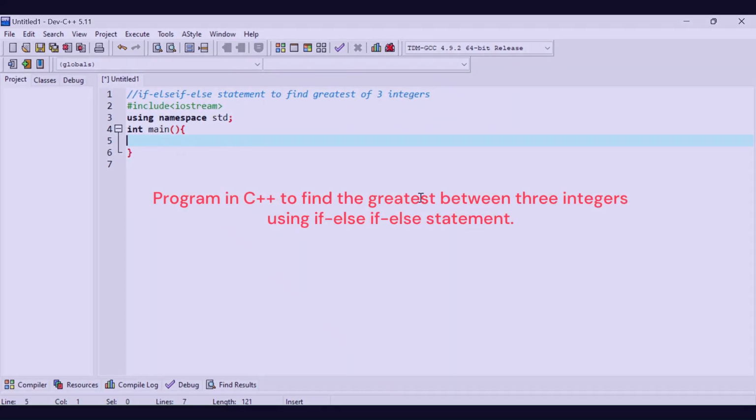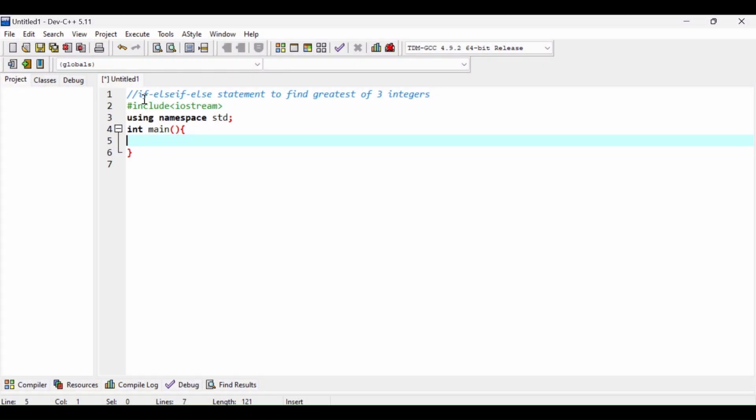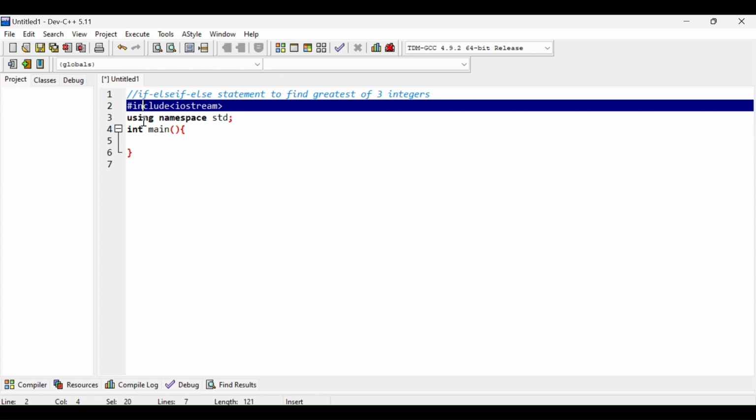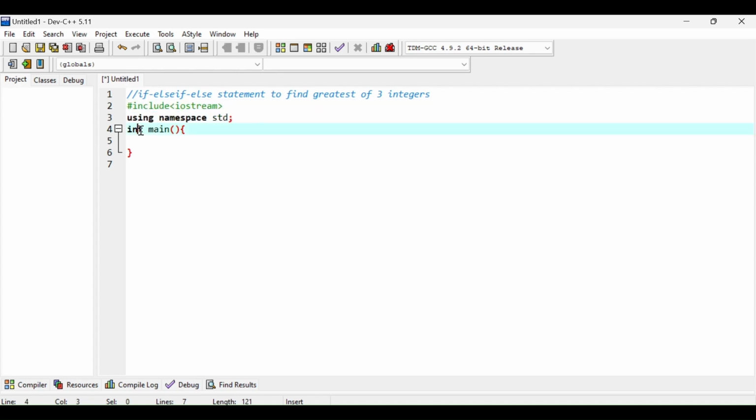In this program, I am going to show you how to use if else statement to find the greatest of three integers. So I've already written #include <iostream>, using namespace std, and int main, and now inside the main function I am going to declare my three integer variables. Let's call them a, b and c, and all of them are of type integer,